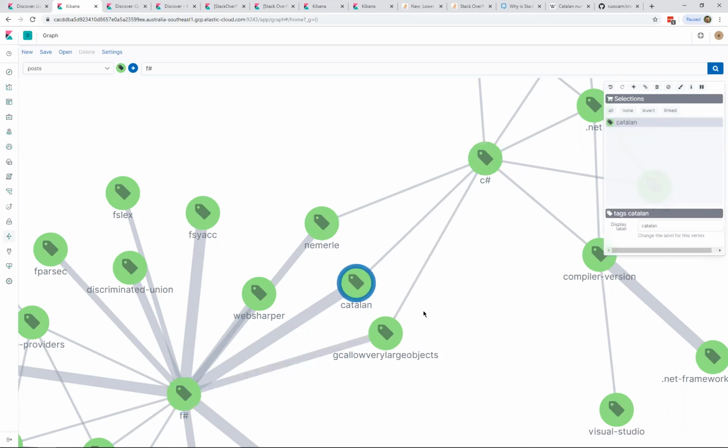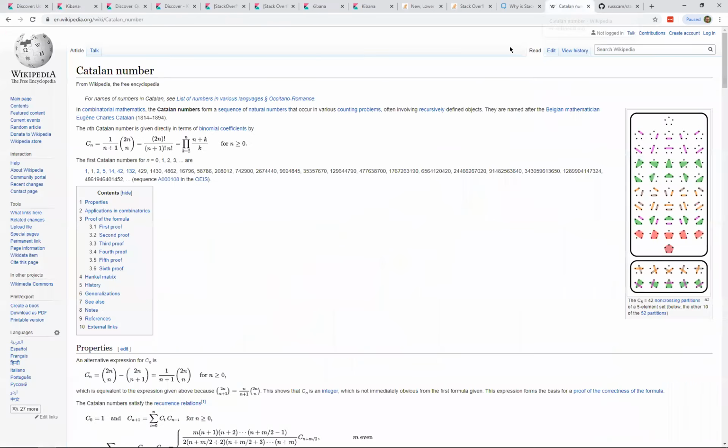C#. I was a bit confused when I looked at this, first of all, because Catalan, I was thinking, are there many developers in Catalonia in Spain that are interested in F# and C#? But it is actually, for the mathematicians among us, related to Catalan numbers